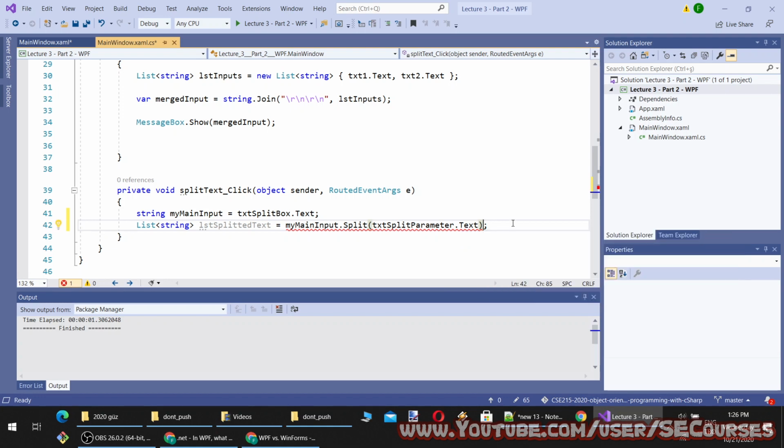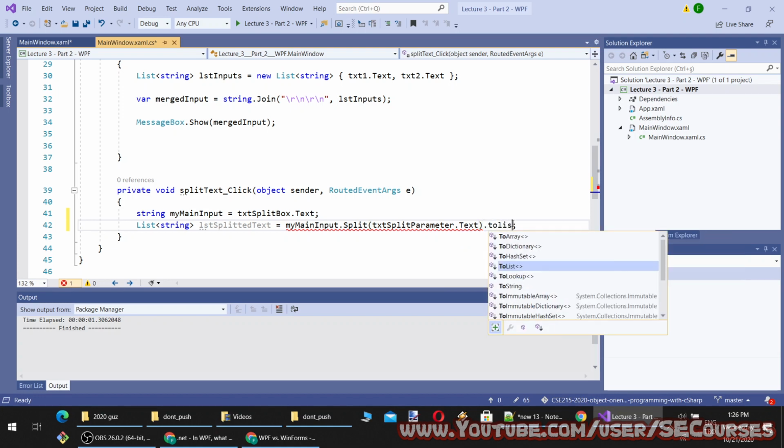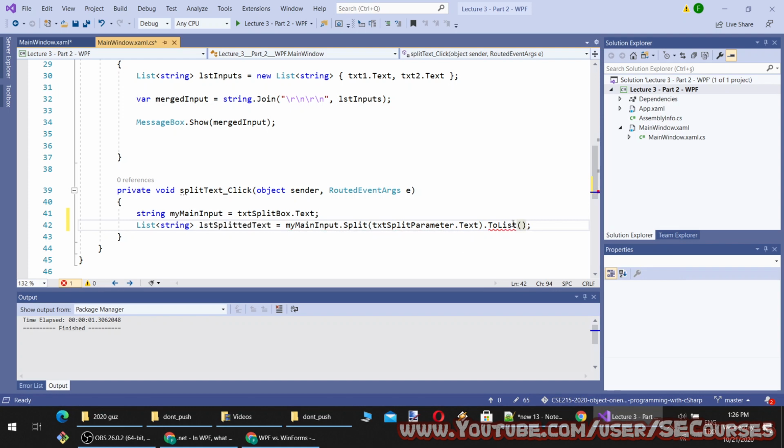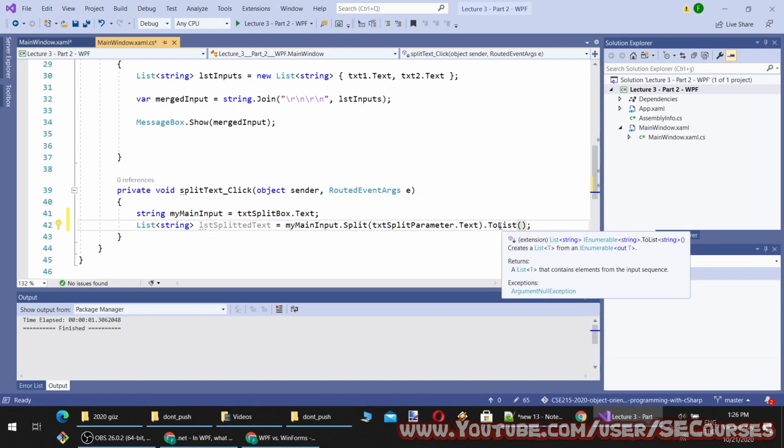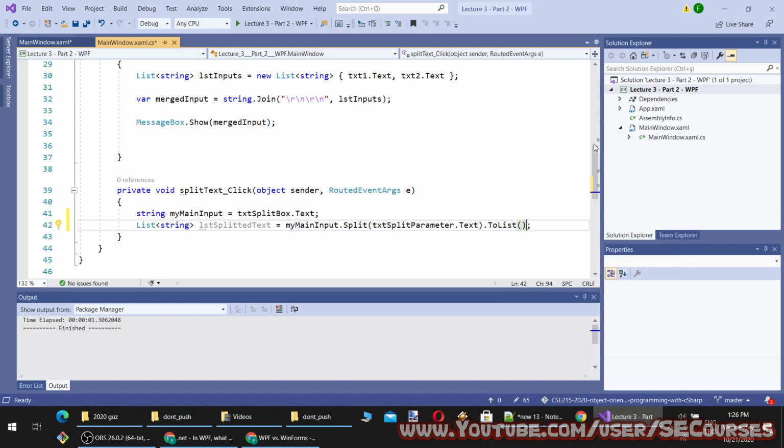So I have to convert this array to the list, okay, like this. This is a LINQ command, an extension of list, creates a list T from IEnumerable T. So array is enumerable, IEnumerable, and this converts that array into a list.